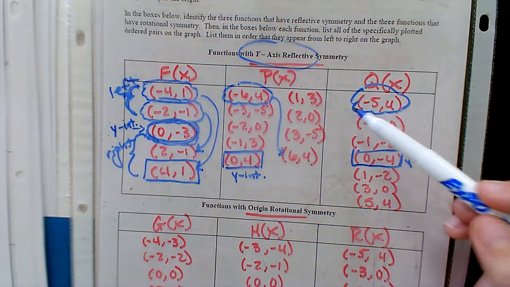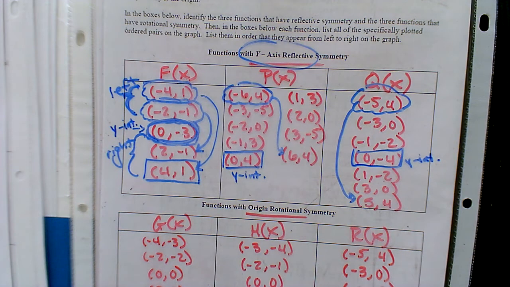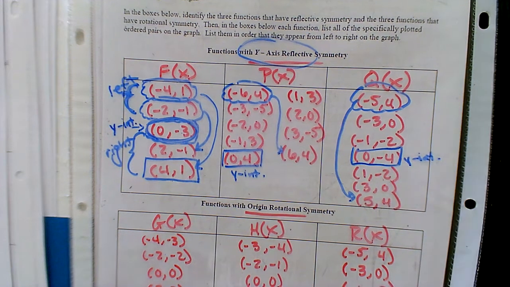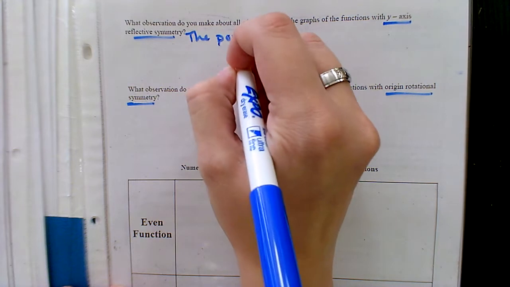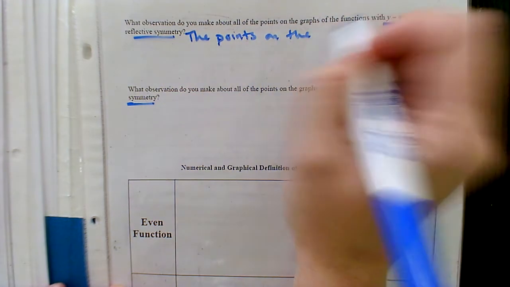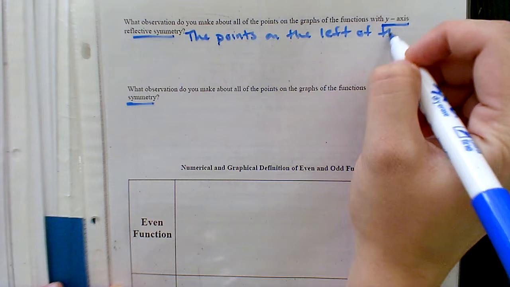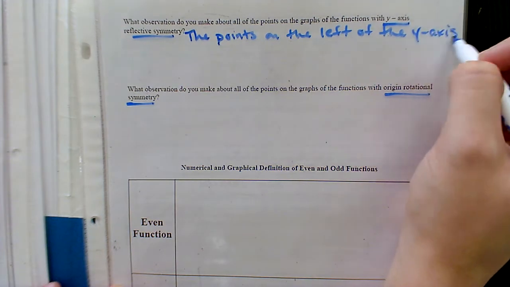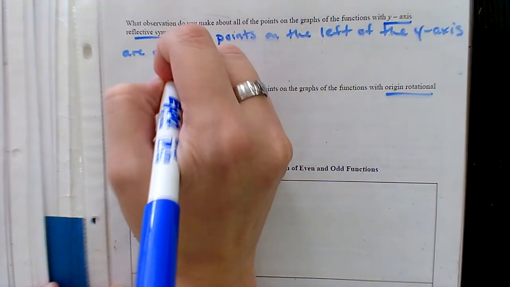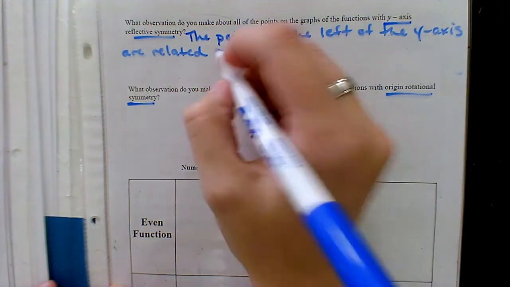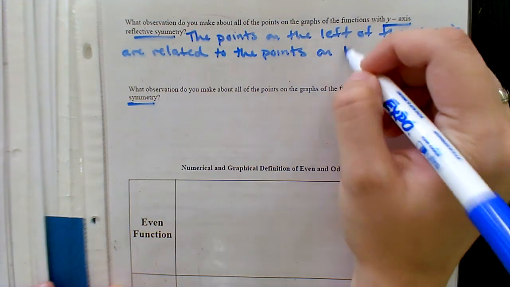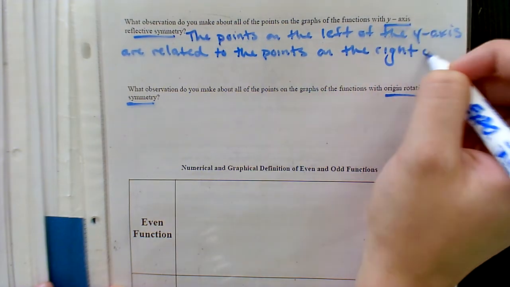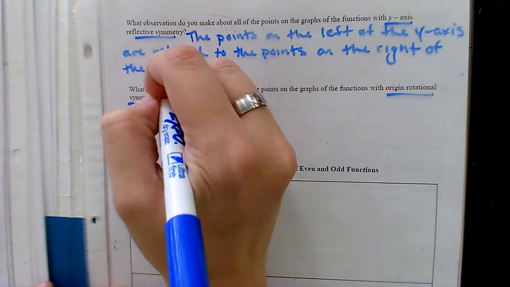So a point on the left is somehow connected to a point on the right. Okay, vice versa, yeah. Sure. Okay, so let's go ahead and write that connection down on page 101. Okay, we'll say the points on the left of the y-axis are related or connected, whatever word you want to use, to the points on the right of the y-axis